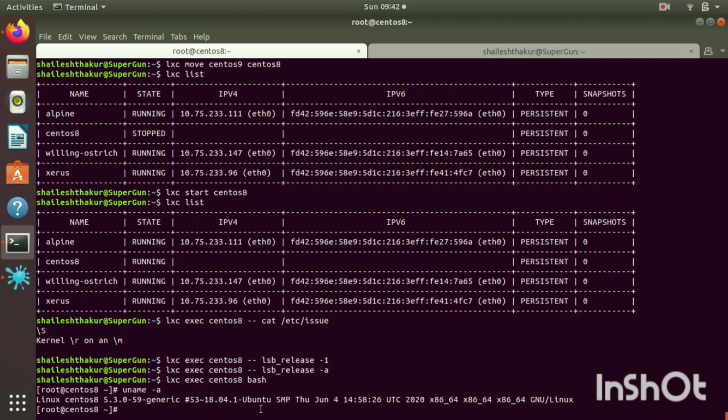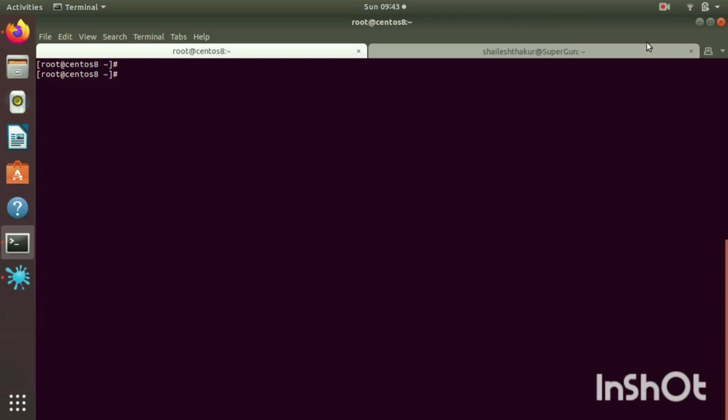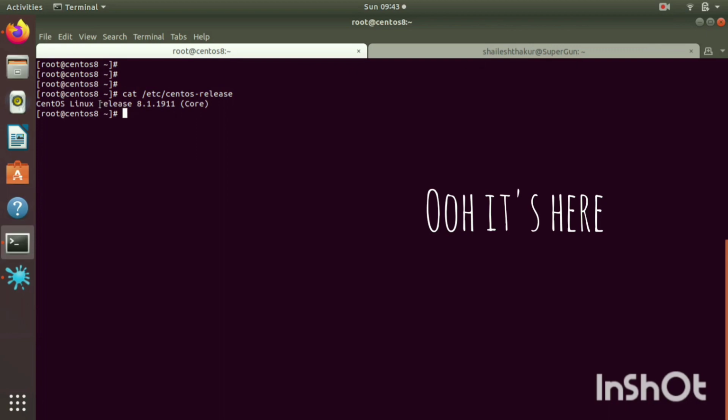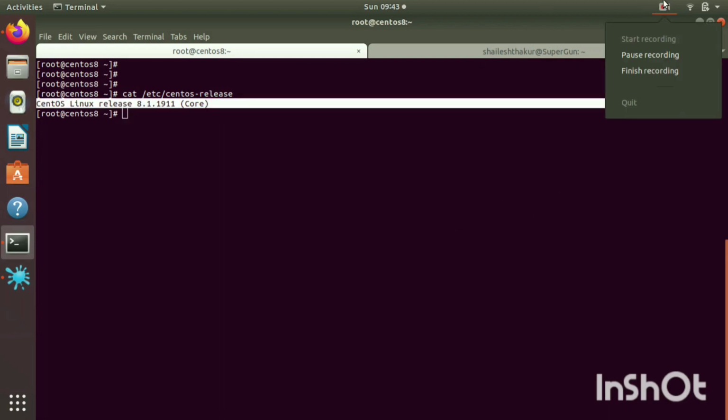So yeah, your OS containers are operating system level virtualization, so you need to have file system level virtualization. In this case, it is not there. To have that, you need to have LXCFS. Yeah, so let's go and check in cat /etc/centos-release. Oh, so this is the place where you can find the release for CentOS.